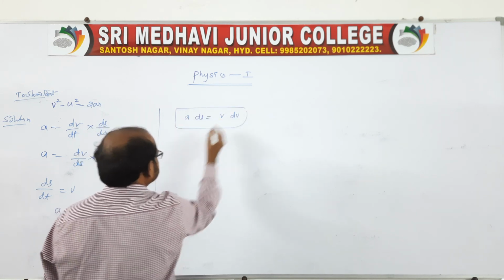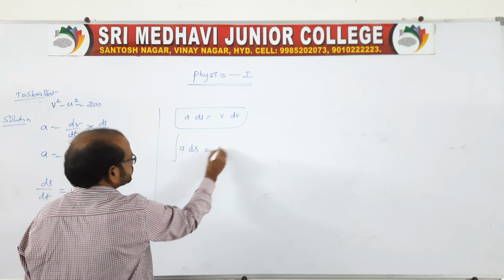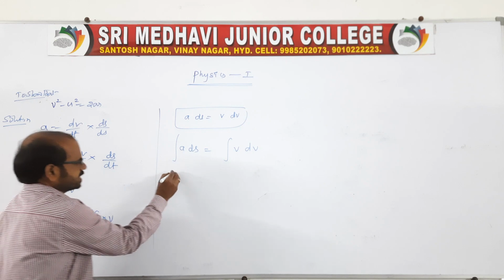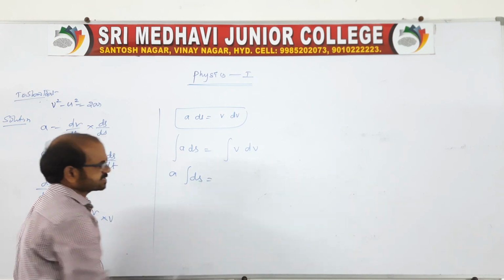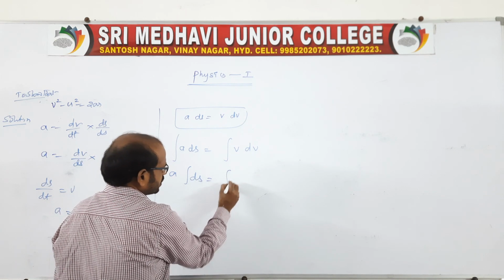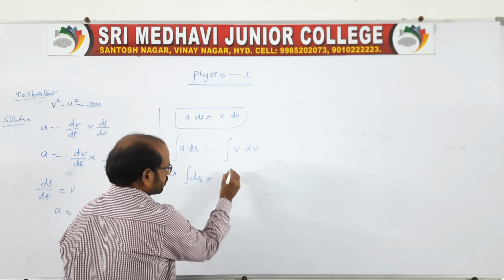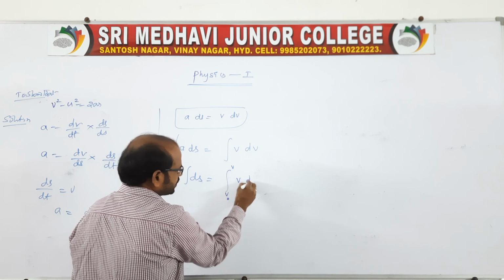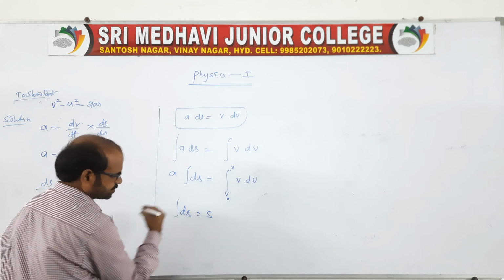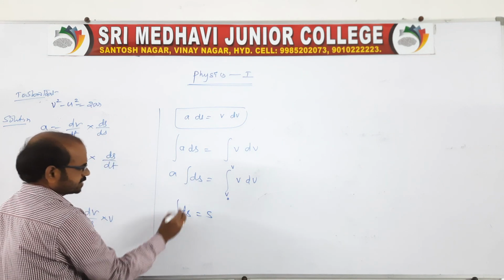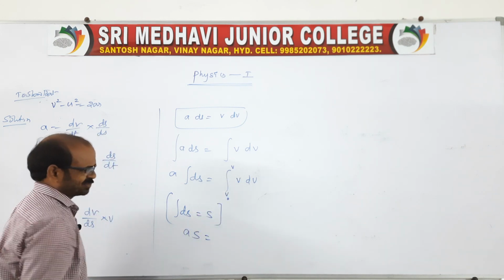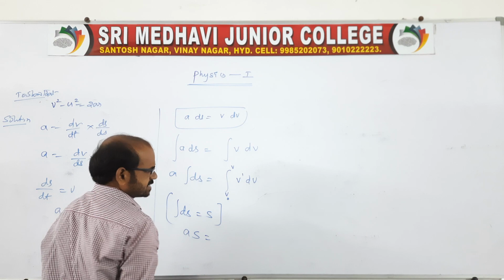Now you apply the integration method. Here a is the acceleration, so you take a out of the integration, integral ds, and here you take the integral from the velocity v0 to v, of v into dv. So integral ds is nothing but s, you remember. Right, here you write it in mathematical form. So a into s is equal to, here some power 1 is there.